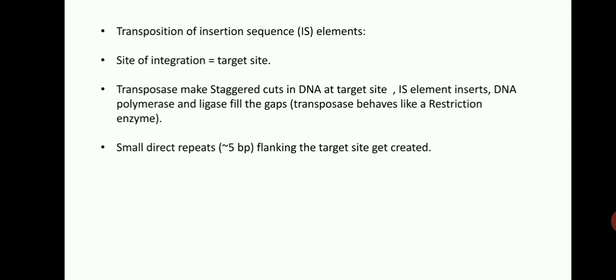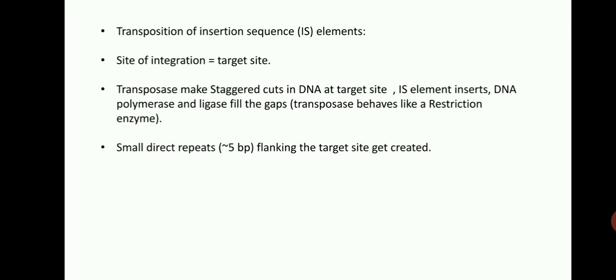This site consists of a short DNA segment having 3 to 12 nucleotide pairs. For example, the target site of IS1 has 9 base pairs and that of IS2 has 5 base pairs. So these IS elements are inserted between the two duplicated copies of the target site. Thus with each transposition event, the target site is also duplicated and the sequence of bases in the target site may vary for the same transposable element at different target sites. But the number of base pairs remains constant for a particular element.